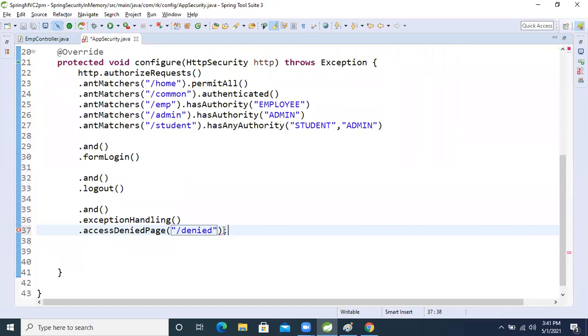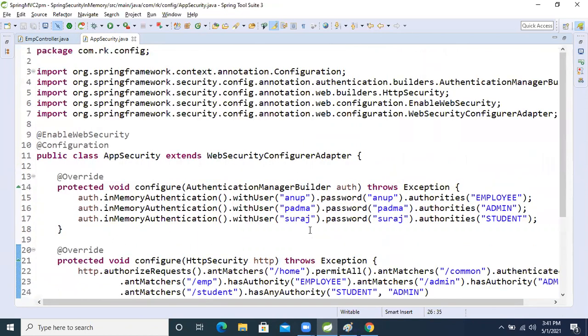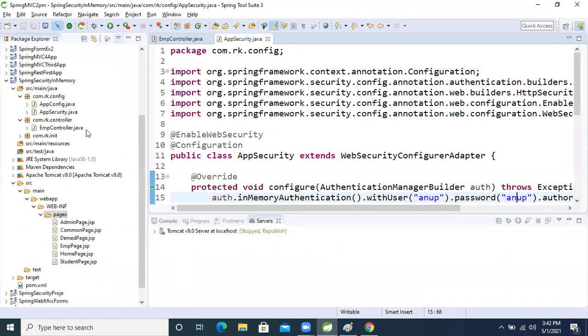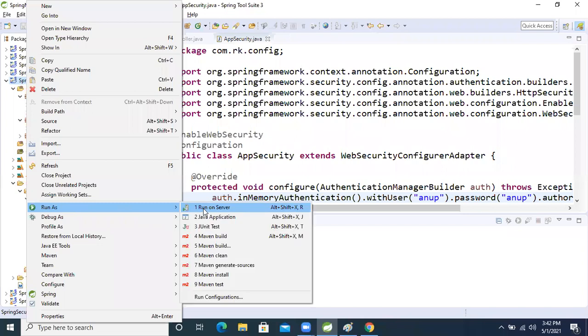Now the code is completed, guys. Shall we see the access permission and all those things? But still, after running that, we will get a null pointer exception. I will explain later why we are getting it. Because in the security concept, the password needs to be encrypted, but here we are not encrypting the password, right? So there is some way, don't worry. First I will show the error, then I will tell. Now run the application.